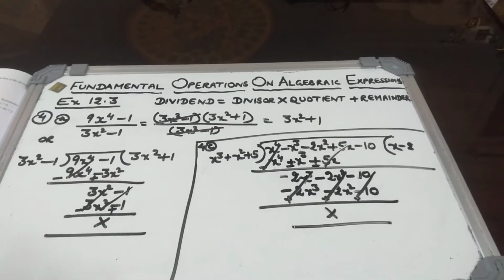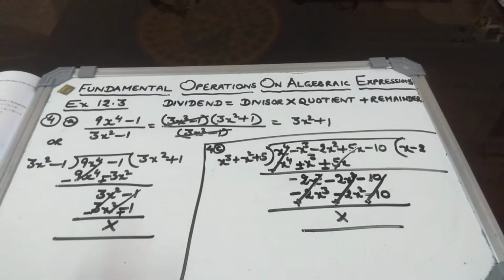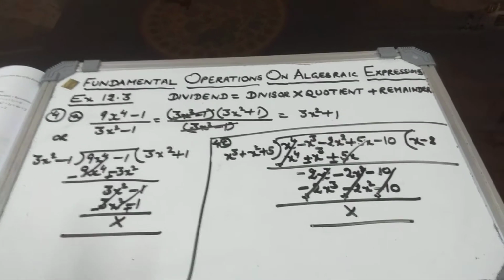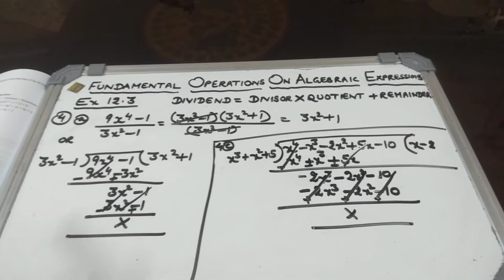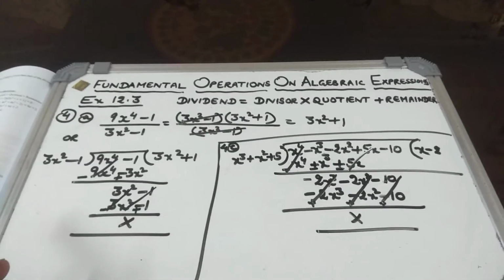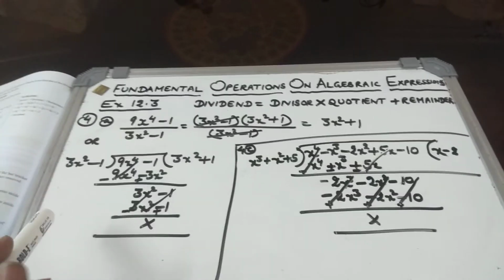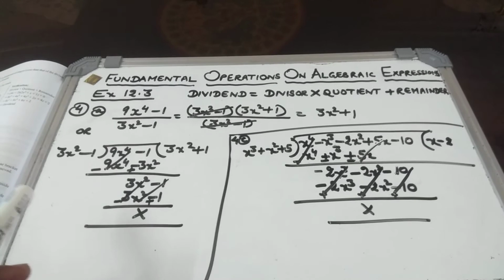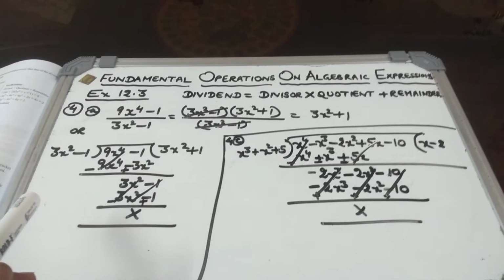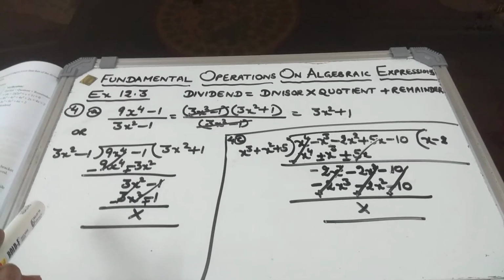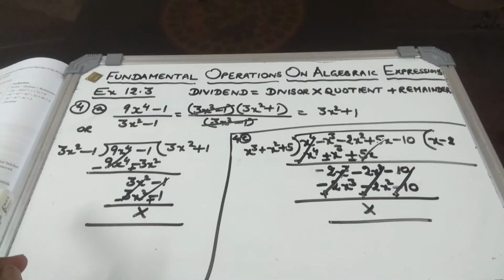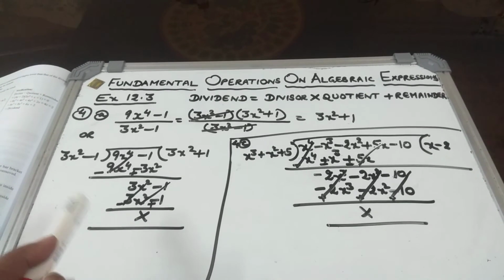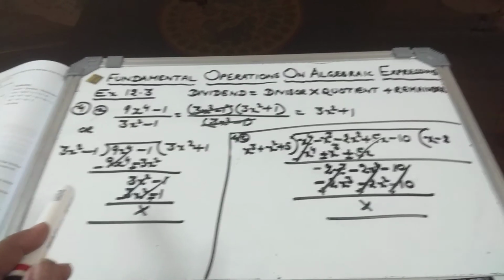Children, again I say the same thing. Don't copy the solutions as it is. Try to do it on your own. Then only you will have the competency to do the work and you will not face problem in doing test. That mental calculation and fast calculation comes only when you practice. So you are required to practice more and more, mentally as well as manually, and hence save your time while doing calculations.